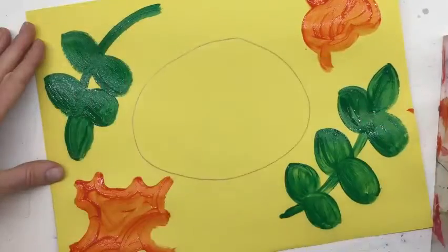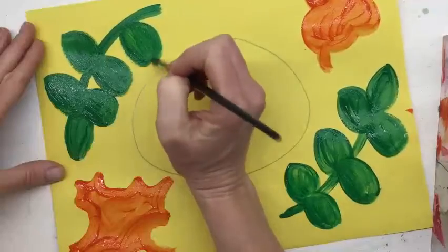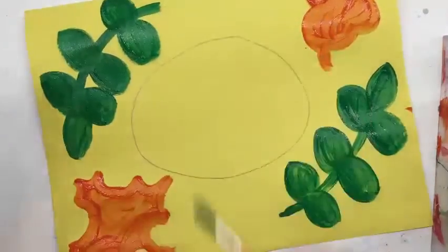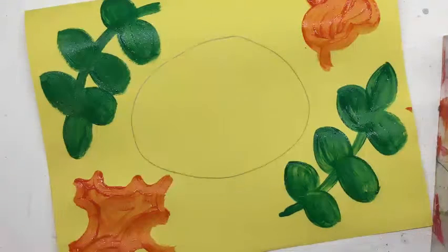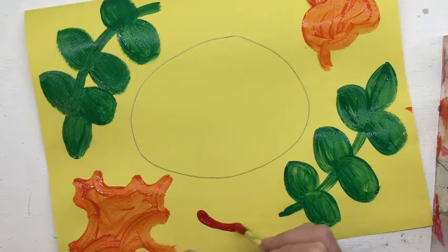What are some other plants that rabbits would eat? What's another plant that you're thinking of that you've seen out maybe when you were out on a hike or out in your yard that you think a rabbit would enjoy? There's also maybe something a little bit more like a twig. So let's see if we had a little twig like this,